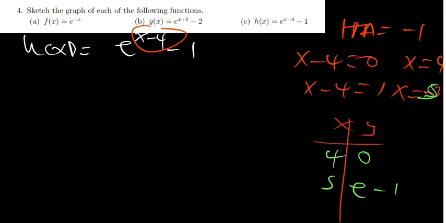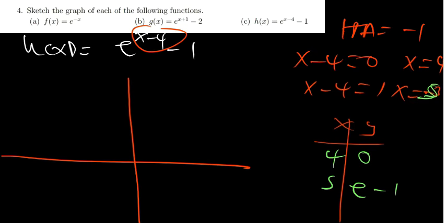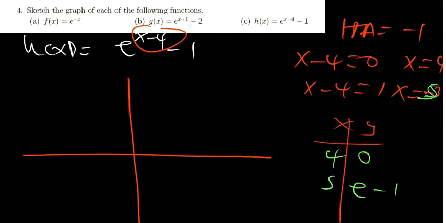So now let's have our graph. Here is going to be our graph. On the x-axis I have got two things: 5 and 4. Let me just put it like this. Let's start with 4 and 5. Remember, our horizontal asymptote